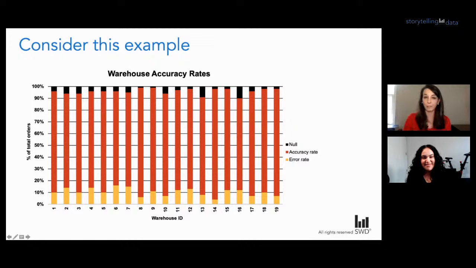Well, I will say that when I first saw this graph, it made me feel bad. And the reason for that is because most of the graph is red, which in Western cultures, red to us means bad, right? Danger, pay attention, stop, stop signs. So that's my immediate reaction. But then when you actually start to look at the graph a little bit more, you realize maybe red isn't necessarily a bad thing here. It's encoding accuracy rates, which actually seems like a good thing. Or perhaps red is the brand color or the template that we were required to use.